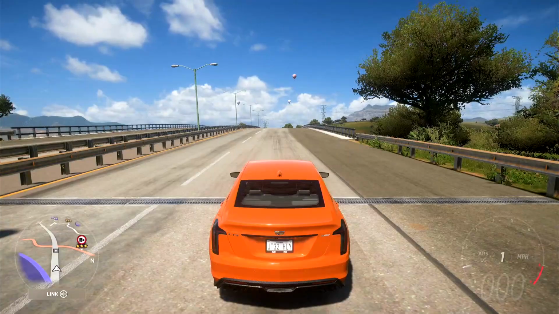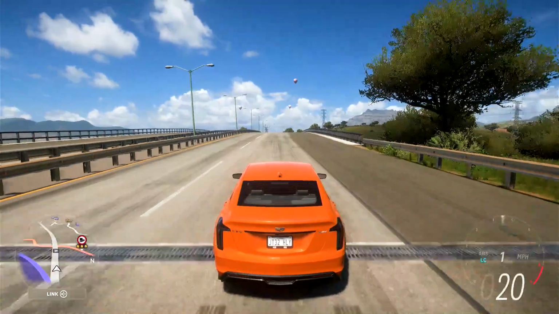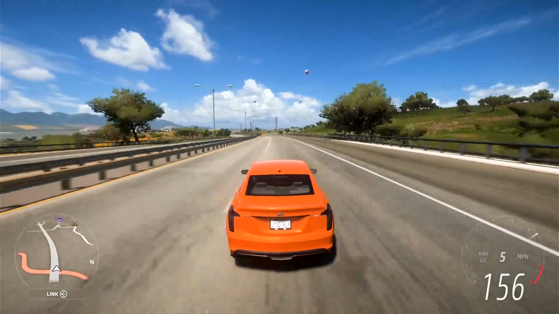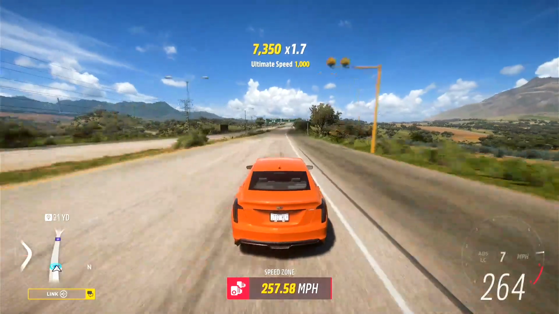So here we are now with the Tangerine over at the edge of the motorway. So top speed test, away we go. We've got launch control and anti-lag on our side. And let's go ahead and see what speed we can get out of the CT5-V. Again, it's still not a CTS. And the edge of the speed zone's up here somewhere. There we go,